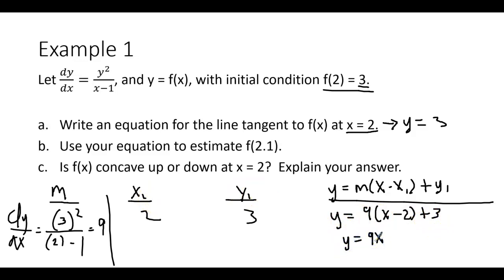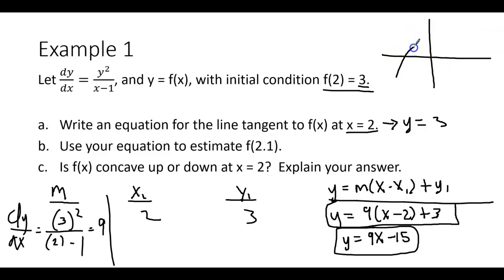You know, if I was really taking the AP exam, I might have just stopped right here. But I already know that I'm going to use that in the next few steps. So since I'm going to use this equation, I want it to be simpler. So I'm going to go ahead and go the extra mile here and simplify it. So I'm going to distribute the 9. That's going to give me minus 18 plus 3, which is minus 15. So there's my tangent line. So remember, once again, don't draw this picture. It's completely false. But if my graph looked like this, I said we were finding the tangent line at x equals 2. We said it would look like this. That straight line right there, that would be this equation.